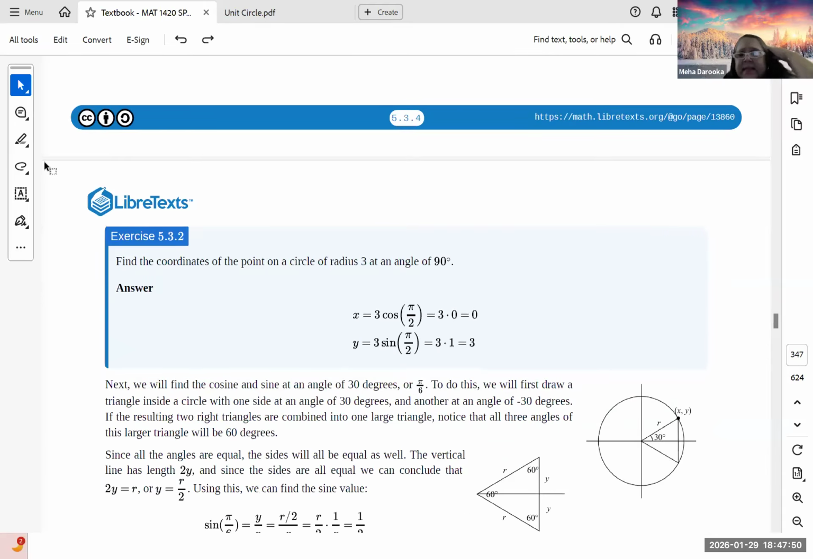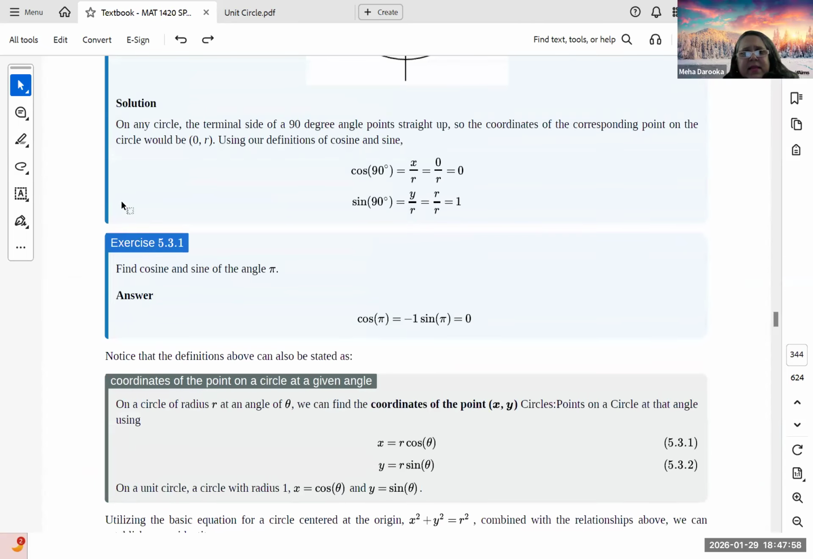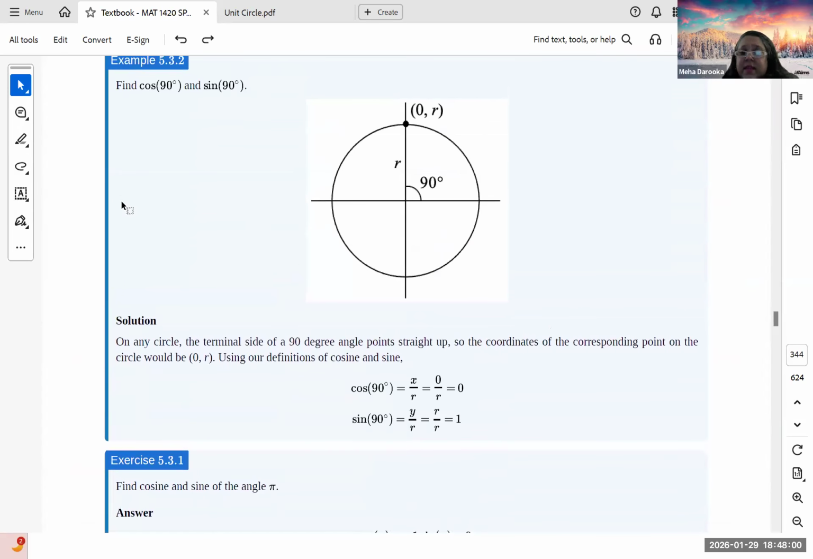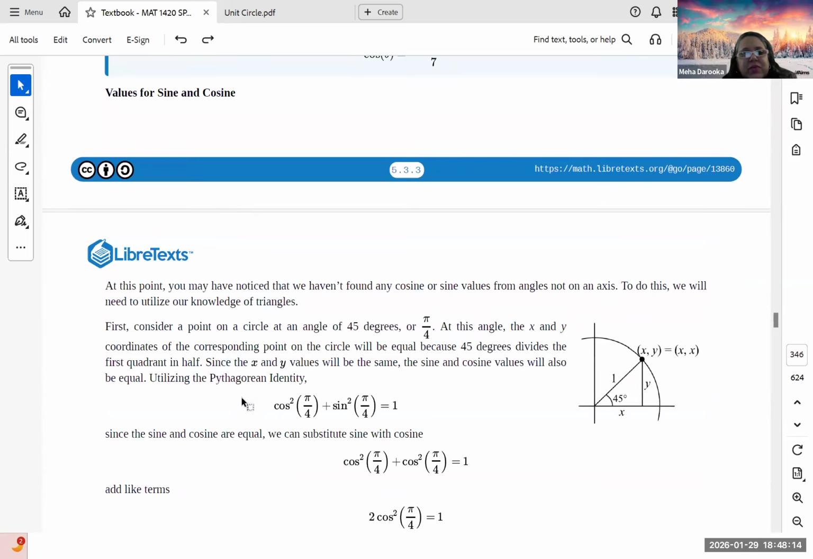What happens at a 90-degree angle if you have a radius 3? So remember, we already looked at this 90-degree angle previously. So right here, you can see that we got cosine of 0 and sine of 1. So again, that proportionality does not change, right? So we know cosine is 0 at 90 degrees, sine is 1 at 90 degrees. So using that,